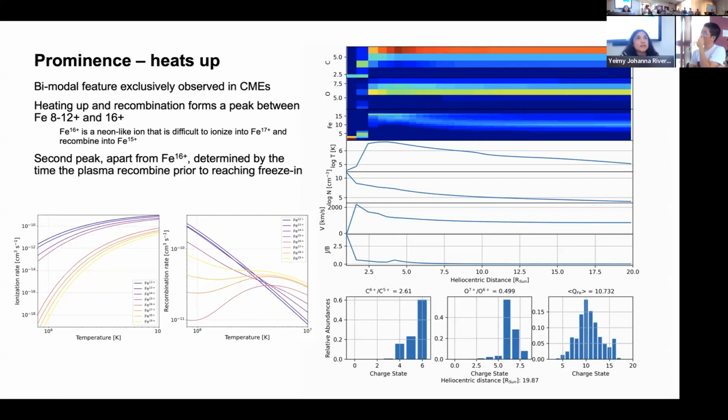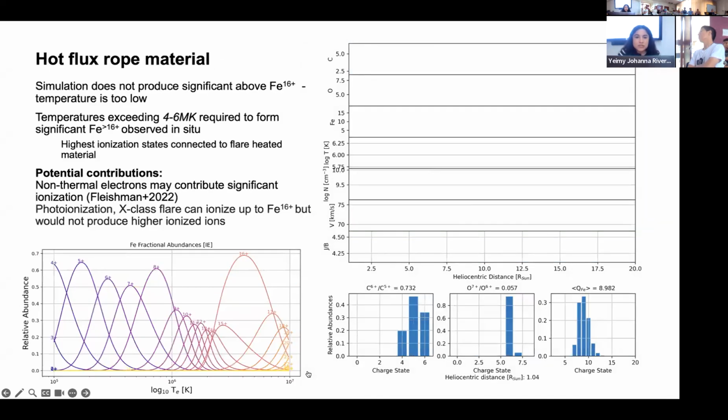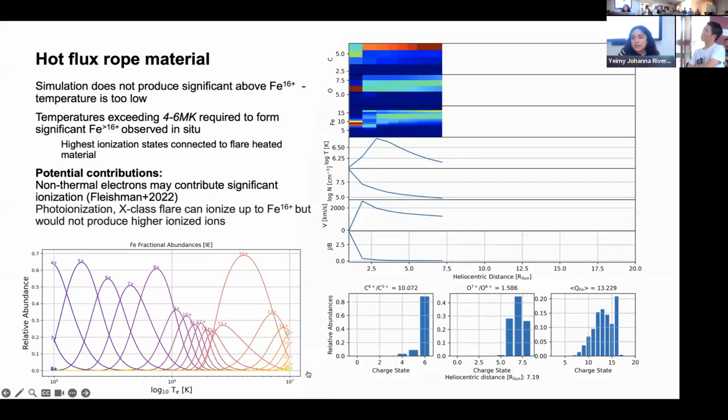When we were surveying the evolution of different tracer particles, we found that the peak at a lower charge state is essentially governed by how long the plasma had to recombine. So the longer it had to recombine, the lower the charge state moved the peak to the left. And so it was based on this freezing distance and the conditions of the plasma, of course. And so I'll just go through the second example very quickly.